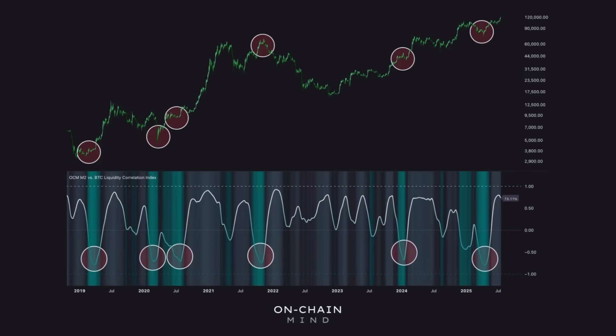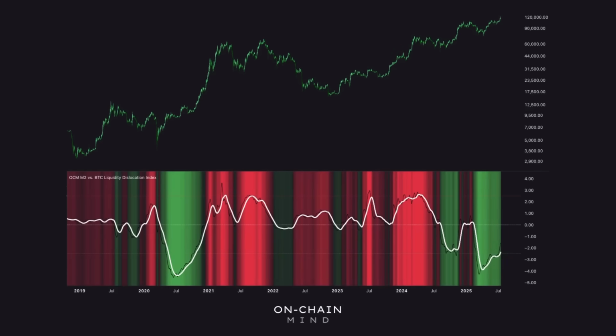The last two major dips in correlation this cycle happened just before major rallies, where Bitcoin caught up with global liquidity again. So, this indicator is very useful, not necessarily to predict exactly what will happen next, but to tell you when there's a dislocation between two normally tightly correlated factors. It's a signal you absolutely want on your radar if you're hunting asymmetric opportunities, both up and down.